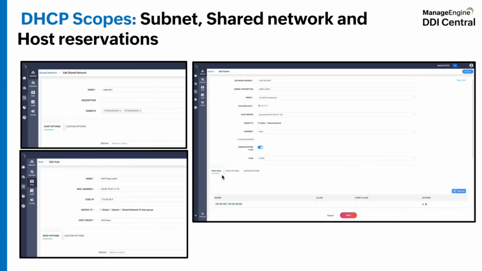And here, while defining a subnet, you'll have to define the pool data, and within the pool data, you can apply granular policies to this specific pool. So you can have multiple pools within the subnet with different policies coupled with it. You can also assign different DHCP options and custom options at each level, like at each subnet level, shared network, or if you're